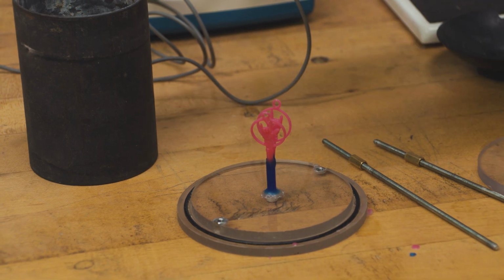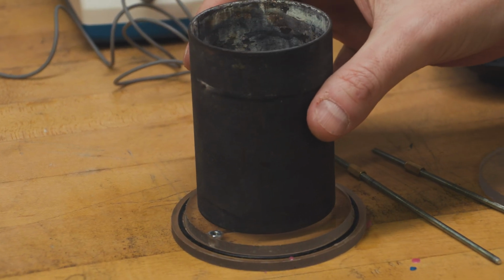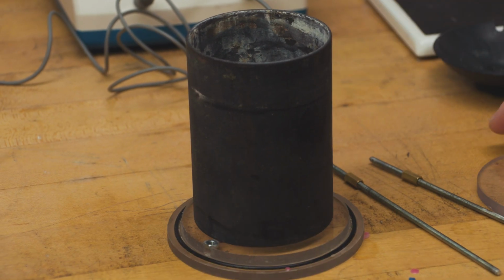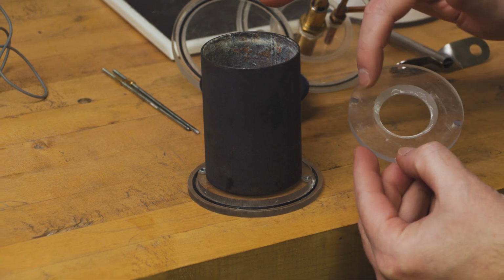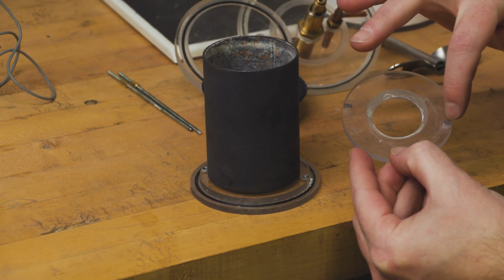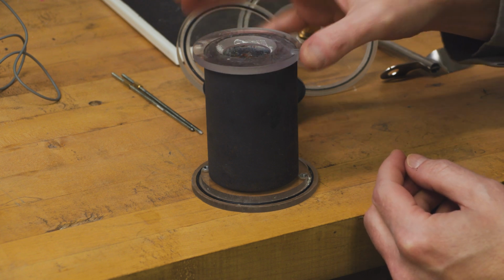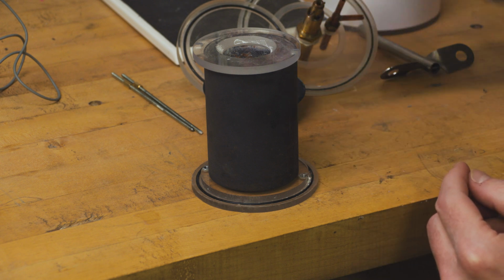So now that I've got my pieces sprued, the next thing I'm going to do is put my flask over the top and center this the best I can. It doesn't have to be perfect. Next we're going to install this ring up on top. You'll notice that there are two holes on either side. So we want to put that on top of the flask and line the holes up with the nuts underneath